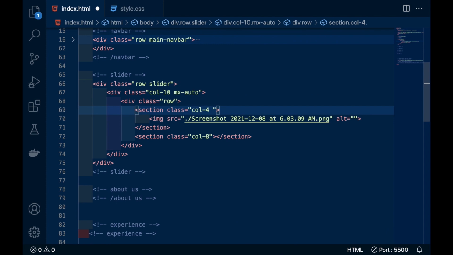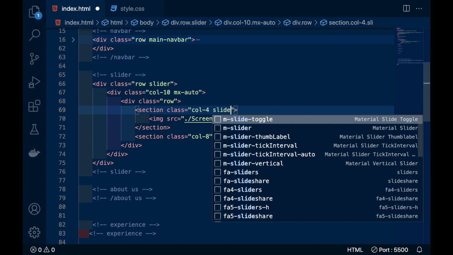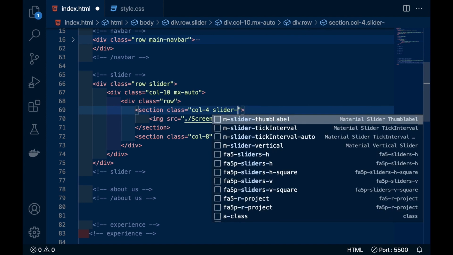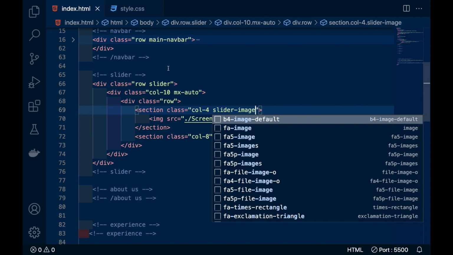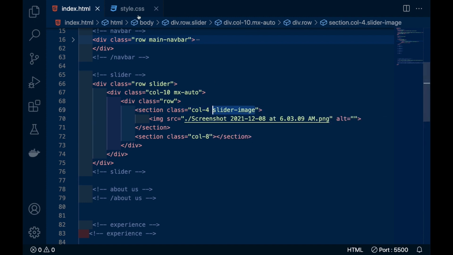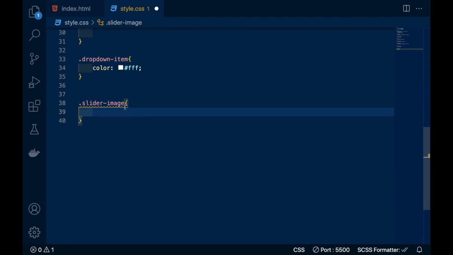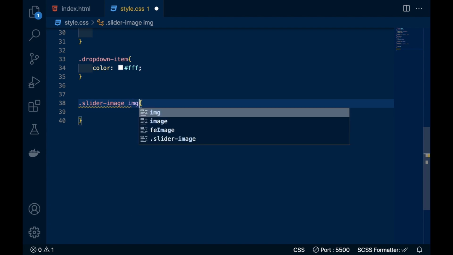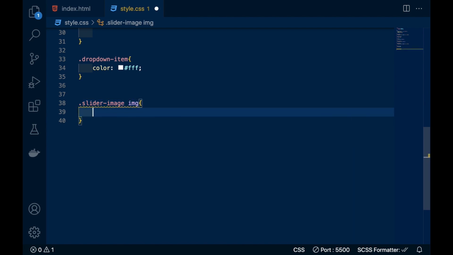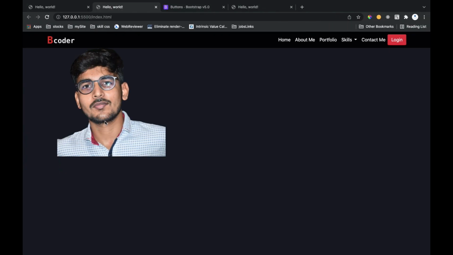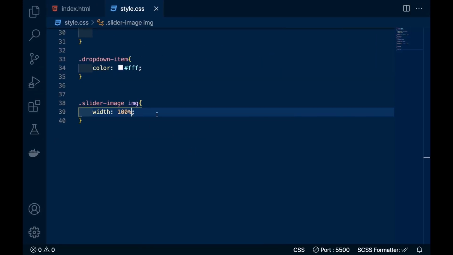Let's style this, and now I will give a class name, slider image, and I will copy this slider image and go here, slider image, and we have to give a width to the image inside it, so the width will be 100%. So you can see now it is changed.